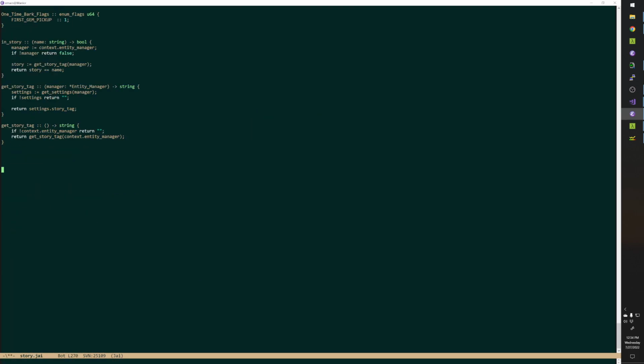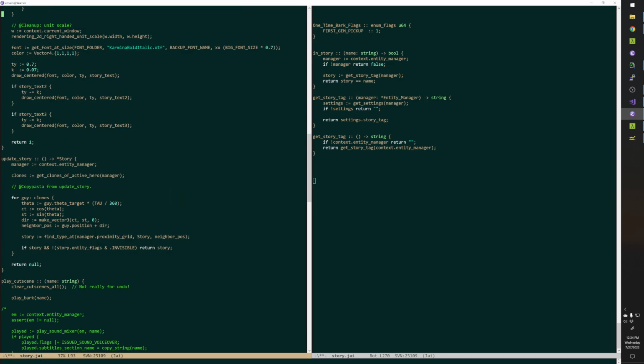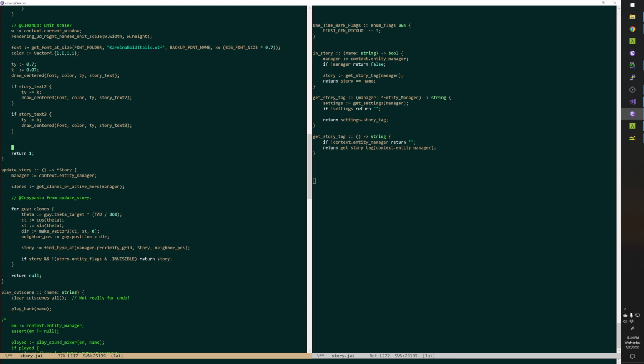Okay, so we're going to do something like, down here at the end of draw story, we're going to draw character. What is it called? The little speech bubbles. I don't know. We're going to do a lame kind of speech bubble for now. We don't care. We want some indicator that people are speaking. All right. So find all issued sounds that